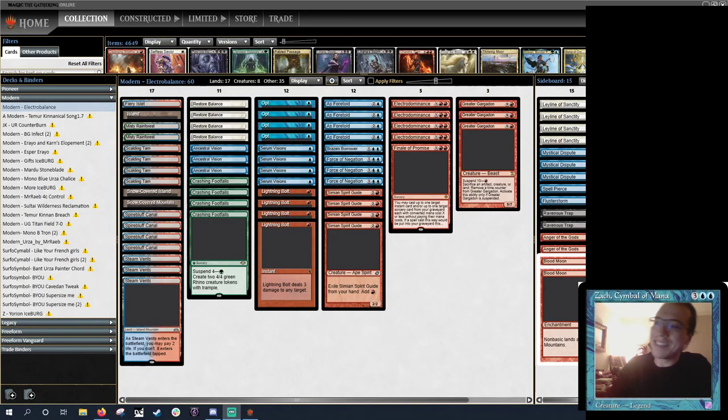And with that, we start this Christmas evening's wonderful gift with no artwork. It is Modern, and we're playing blue-red Electrobalance. So for anyone who's not aware, the name Electro and Balance refers to two of the main things that this